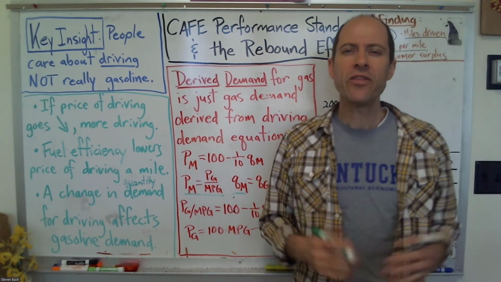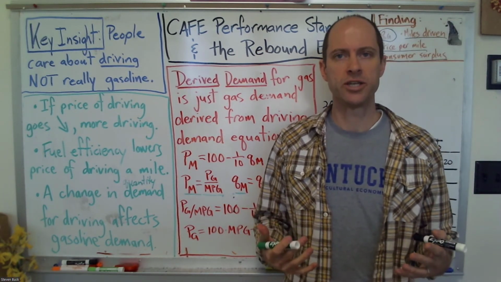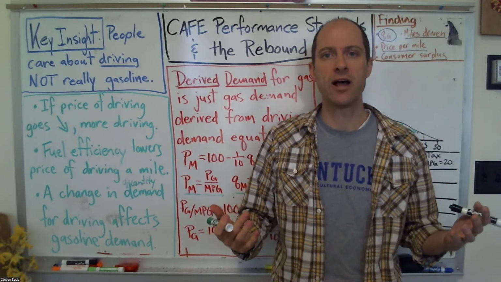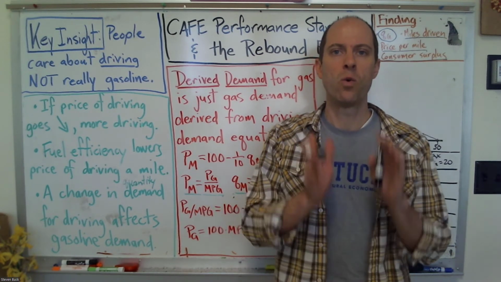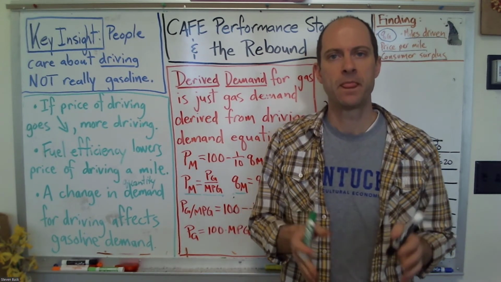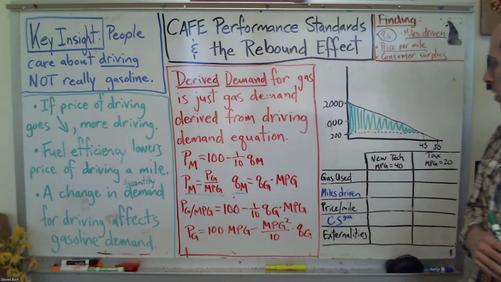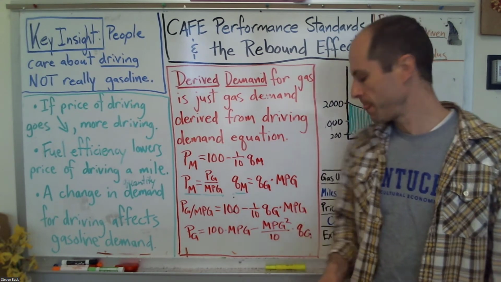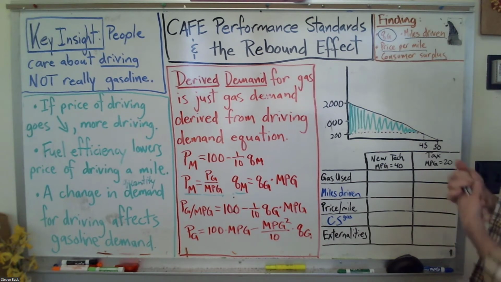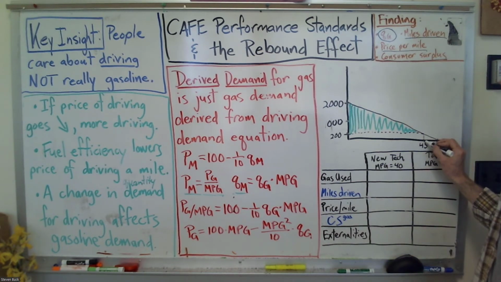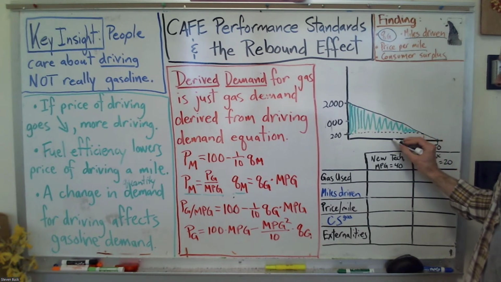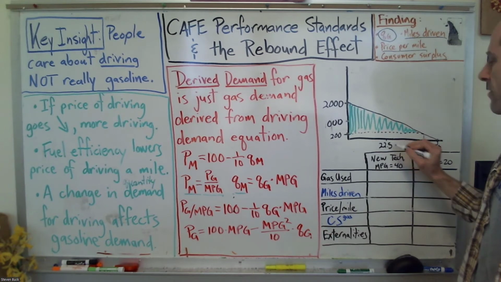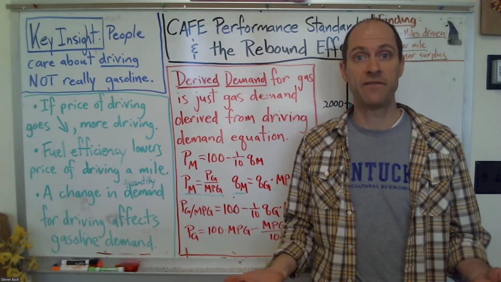Next, rather than consider a new technology that maybe increases the fuel efficiency, say, to 40 miles per gallon, let's consider what the government's objective might be. Let's suppose the government wants to reduce fuel consumption by 50%. So looking at our graphic here, the government may want to reduce fuel consumption from 45 to somewhere maybe about here, 22.5. That would reduce fuel consumption by 50%.